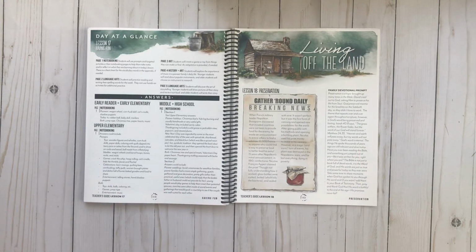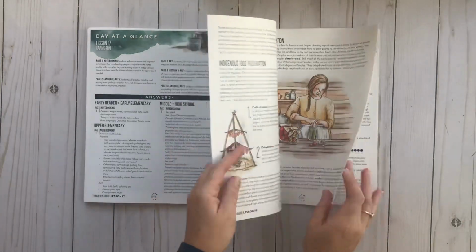I mean, I'm going to be honest, we were not even planning on doing this unit. I just ordered year 3 because we wanted a lot of them. But when we saw this and we started flipping through it, we're like, yeah, we're ready to start this. So let's go